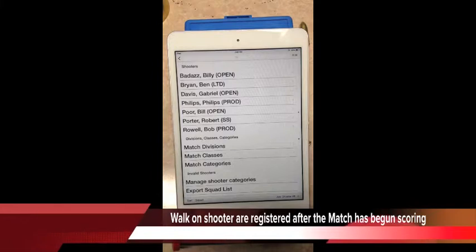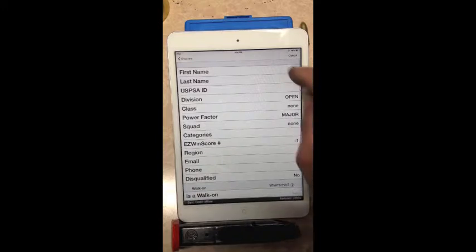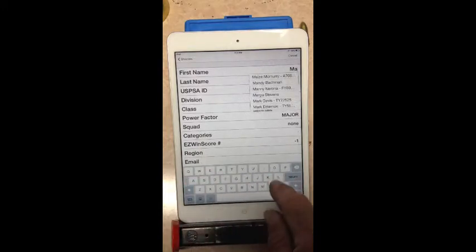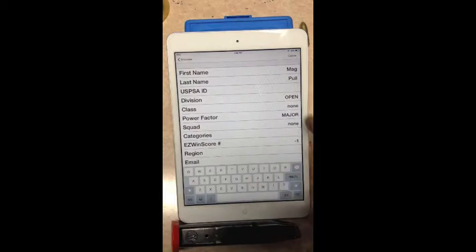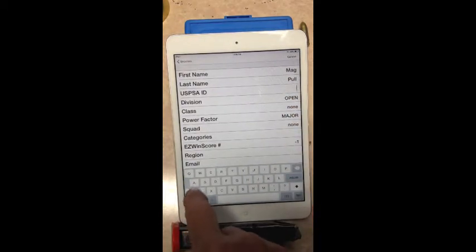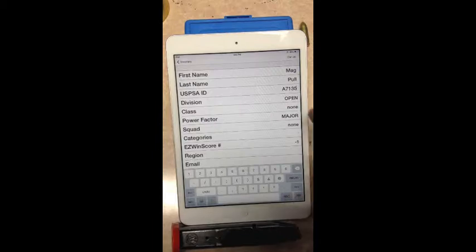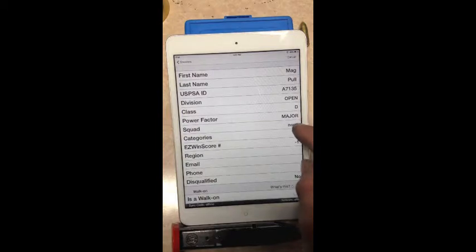Okay, this section is how to handle a walk-on shooter. Of course, down here you would add the shooter. Let's see, his first name is... an APA or a USPSA number. Who knows? He's shooting open. His class is D. He's shooting major. He's not squadded. He's a walk-on. So you would register him just like you would other shooters,